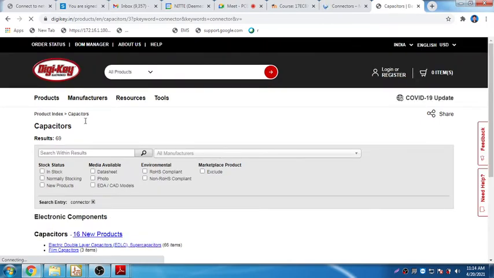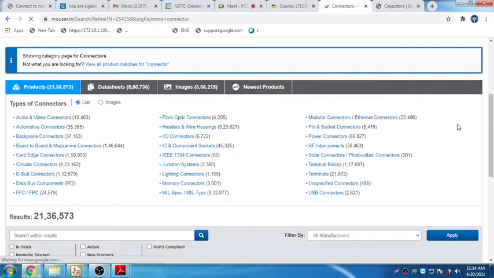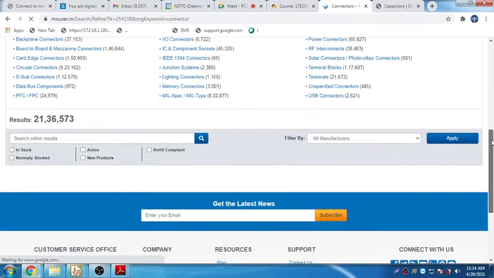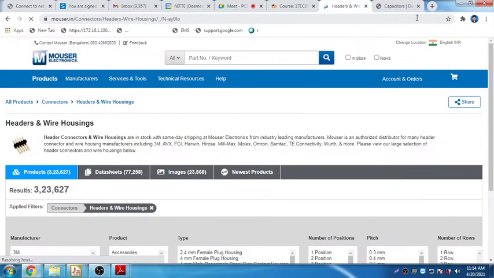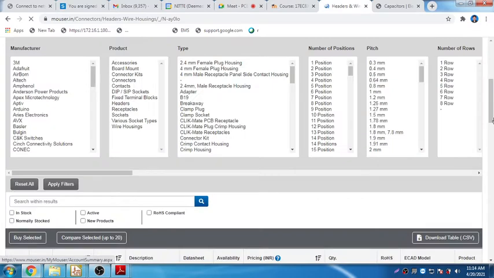There are vendors for all these components, and they will provide me the list of components. Here, if you see IO headers, it can have header and wire housing. If you look into header and wire housing, that will give you the details of the different connectors. Decide now what type of connector you're looking for.